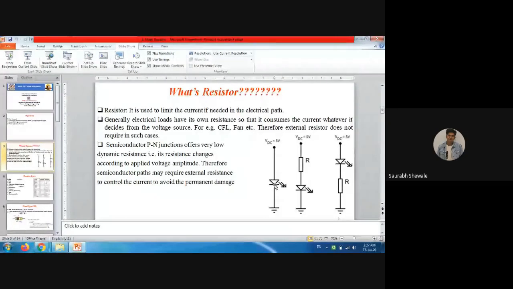Okay. Now replace that 6 volt regulated power supply by the series combination of dry cells, which is also equal to 6 volt, right? Yes, sir. Positive terminal of that series combination to the anode of this LED and negative terminal of that series combination to the cathode terminal of this LED. That's all.